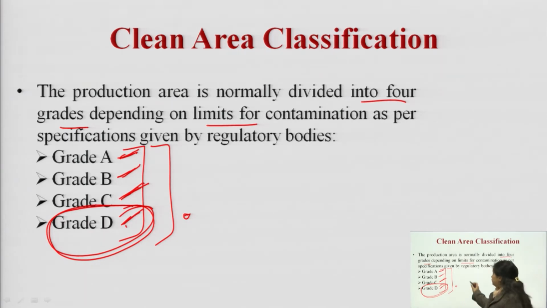In pharmacy we use these 4 grades and divide our microbiology lab into 4 grades. Whenever you get a chance to visit the microbiology lab, you will see that the whole lab is divided into 4 zones or grades, starting from grade D till